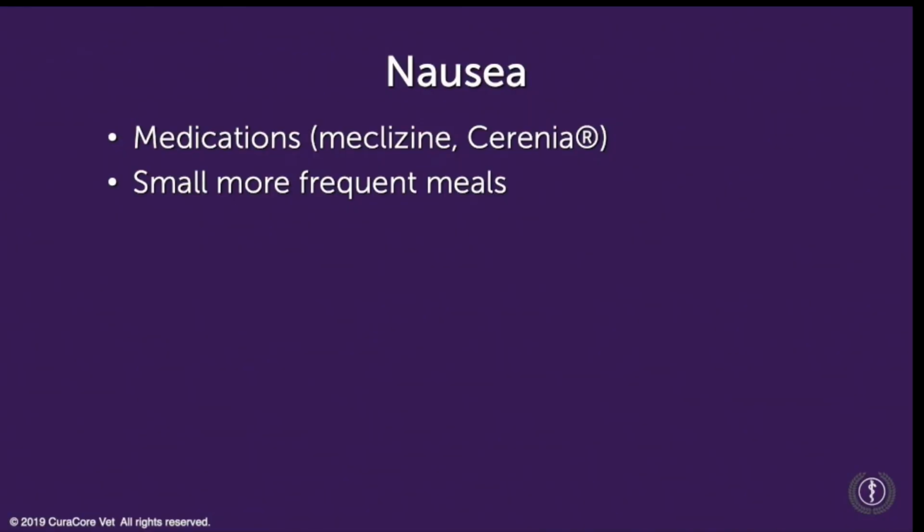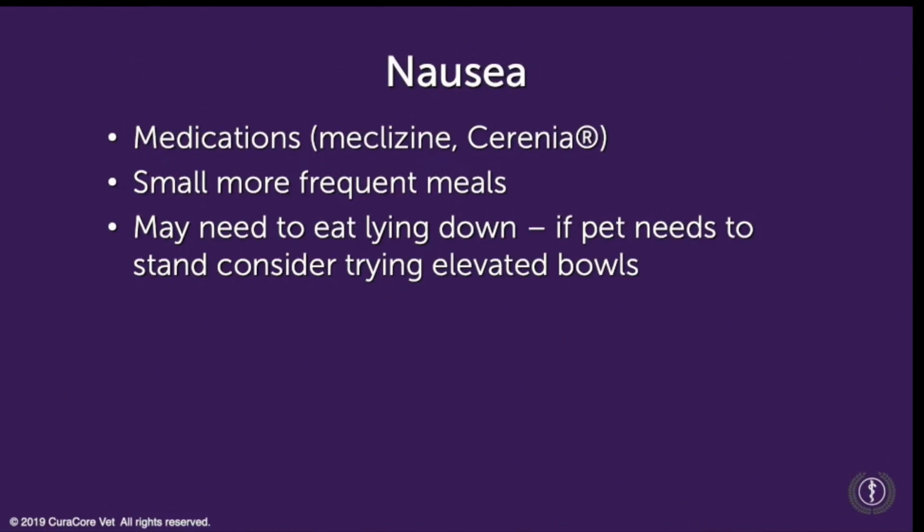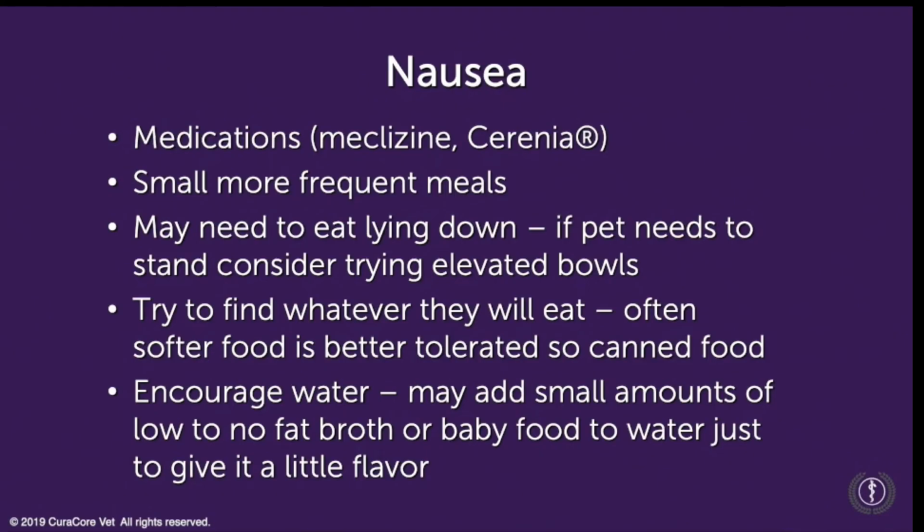Smaller, more frequent meals can be helpful if they're nauseous. Softer foods they often find more enjoyable than harder foods, at least for a while. The dog may also need to lie down to eat and may even need to be hand-fed for the first day or two if their vestibular and balance issues are so severe. It's important, at least for those first few days, that you find what they're comfortable eating. A lot of dogs I know like rice and boiled chicken, or rice and very lean ground beef or ground bison, for example. And encouraging drinking of water.